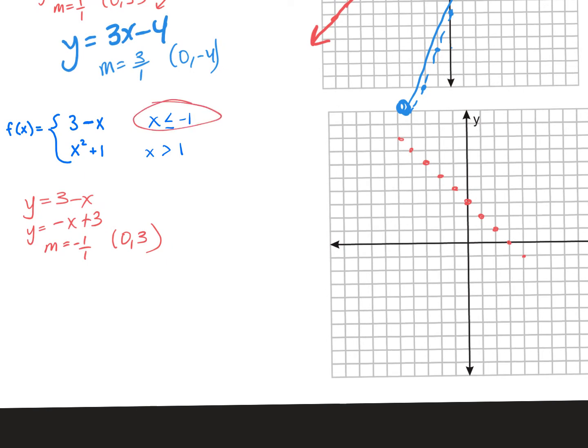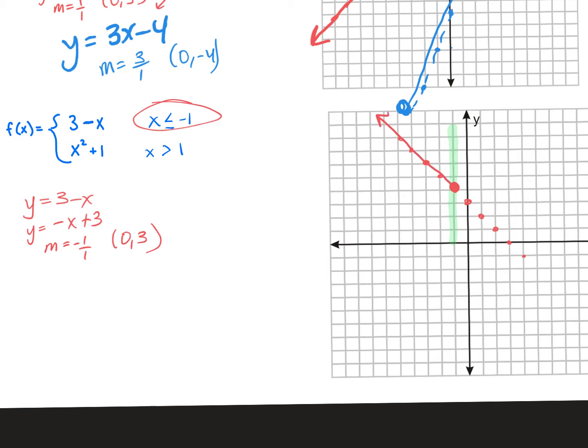-1. So I'm going to go to -1. Where is x = -1? It's right here. So I want everything that is less than or equal to -1. What side of the line is that? The left-hand side or the right-hand side? The left. So I have a closed dot, and then I want everything over here because I'm thinking about where